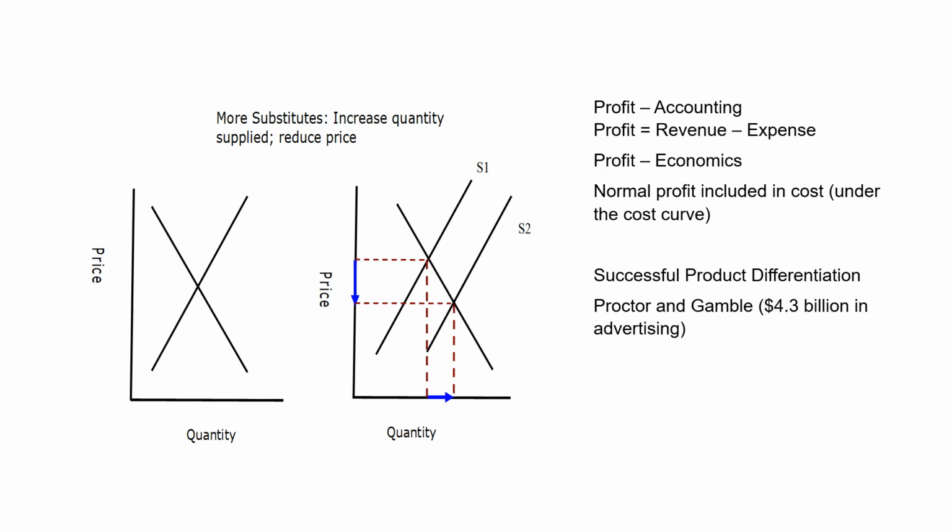So when we're talking about increasing supply from S1 to S2, successful product differentiation is moving the opposite way. When we talk about successful product differentiation, the thing that comes to mind is advertising. So we're trying to move in the opposite direction of that substitution effect. So rather than flattening the demand curve, we are talking about steepening the demand curve, or in this instance, we're talking about restricting supply.